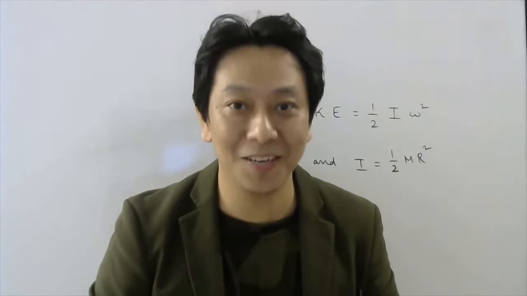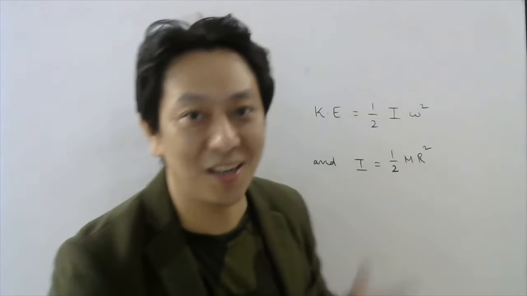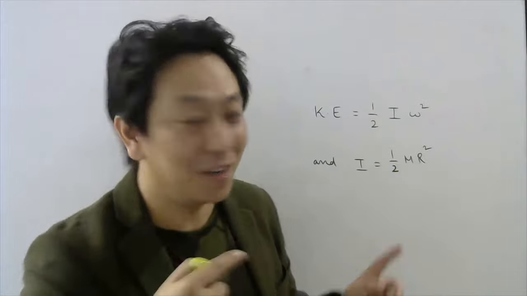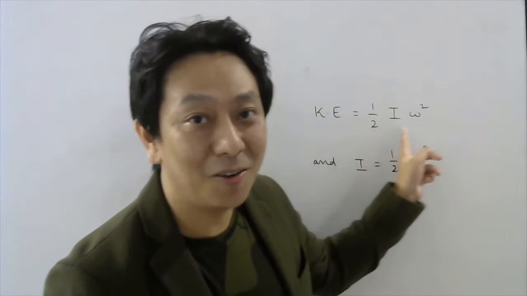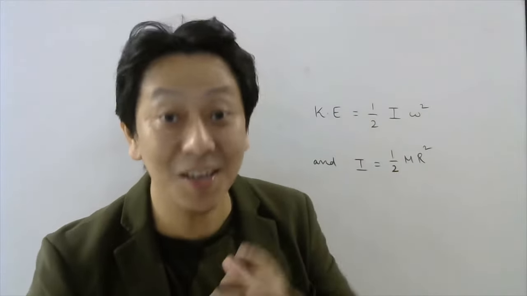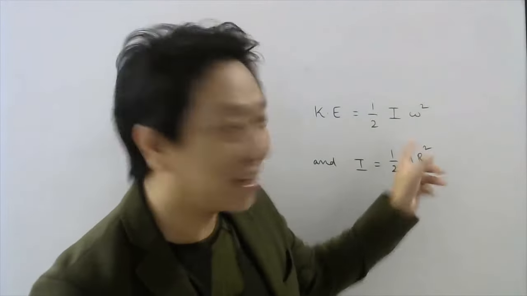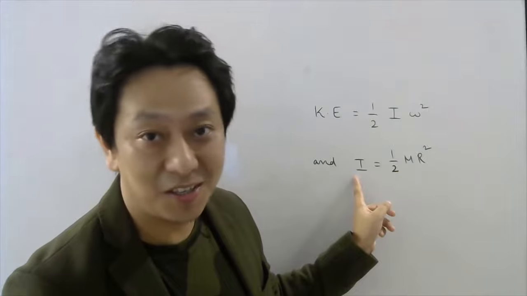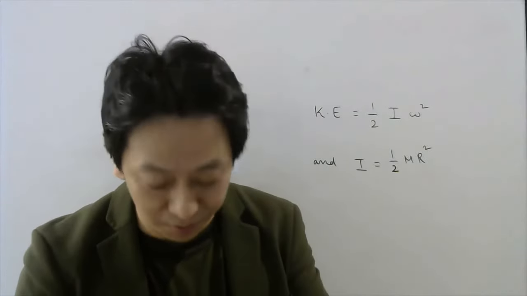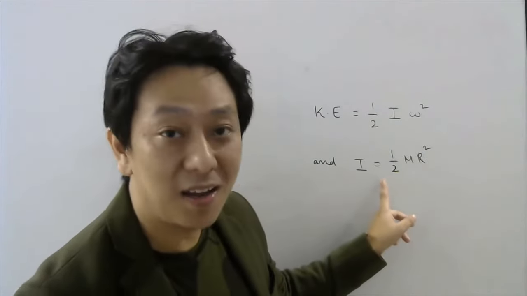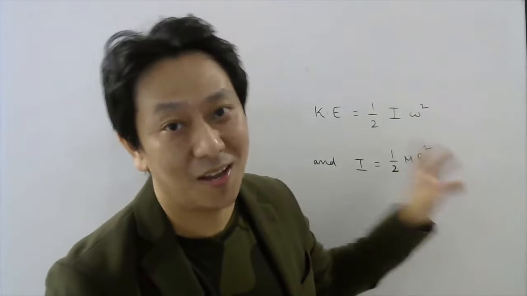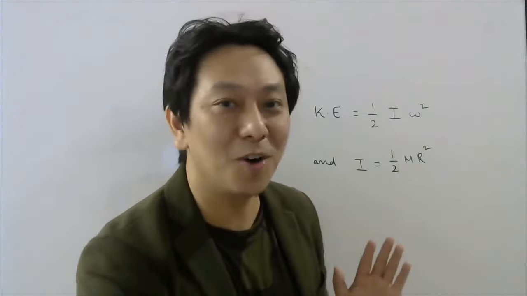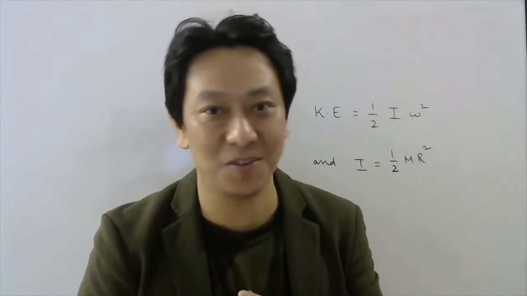Finally, for the physics lovers, I have mentioned some formulae. This is the kinetic energy of a rotating flywheel, which is given by half I omega square. I is the moment of inertia, omega is the angular speed which we have seen before. The moment of inertia of a flywheel in the form of a disc is given by half m r square. M is the mass, r is the radius. Now all these formulae are derived in first PU physics.